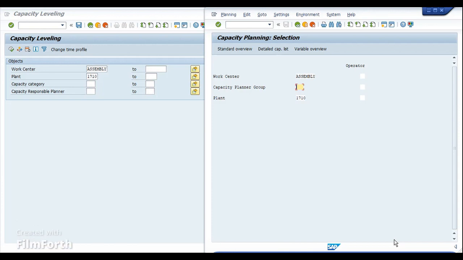So today's topic will be on capacity leveling and also capacity planning. In this topic, we are going to discuss what the parameters are that play a major role in performing the capacity planning of a particular work center or a resource, and also how we evaluate the load on the work center or the capacity